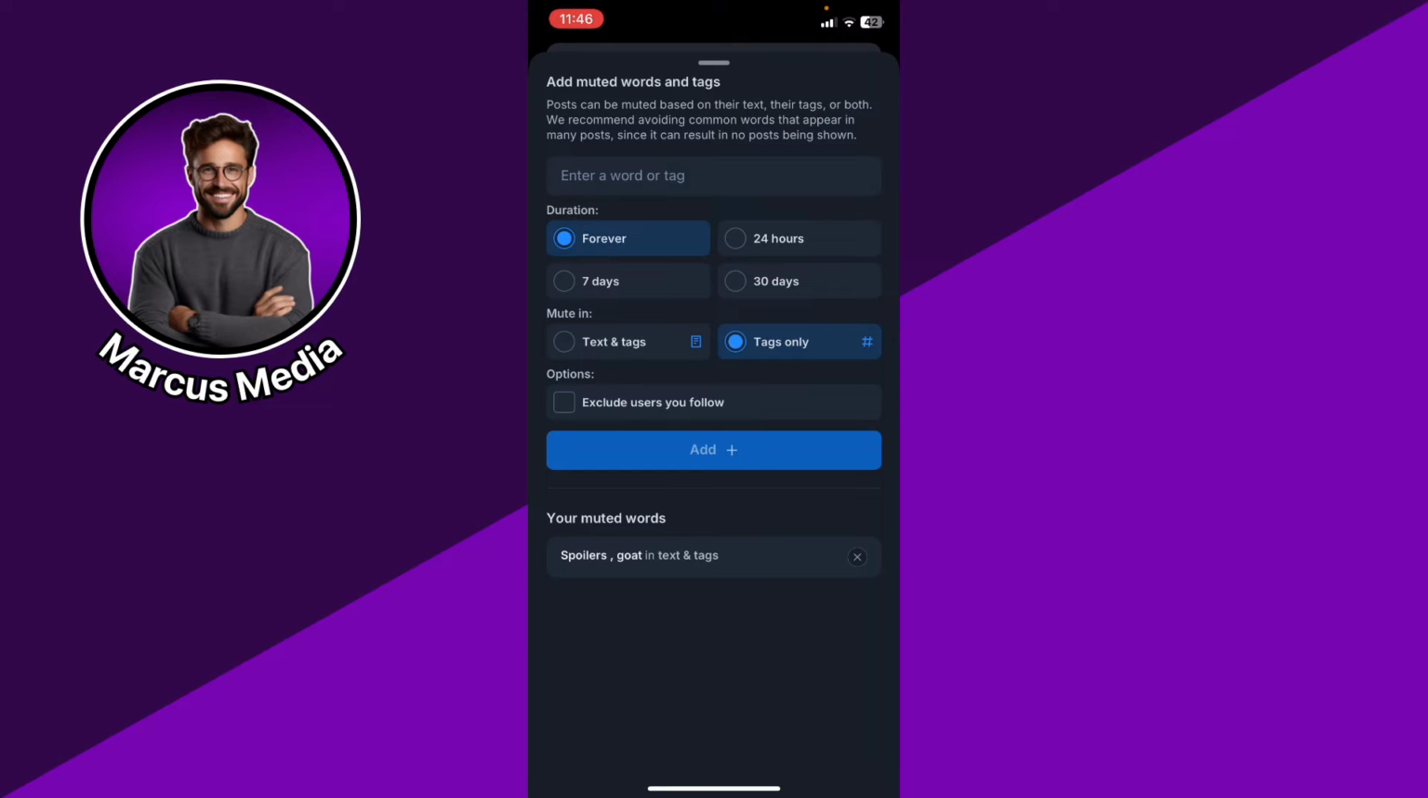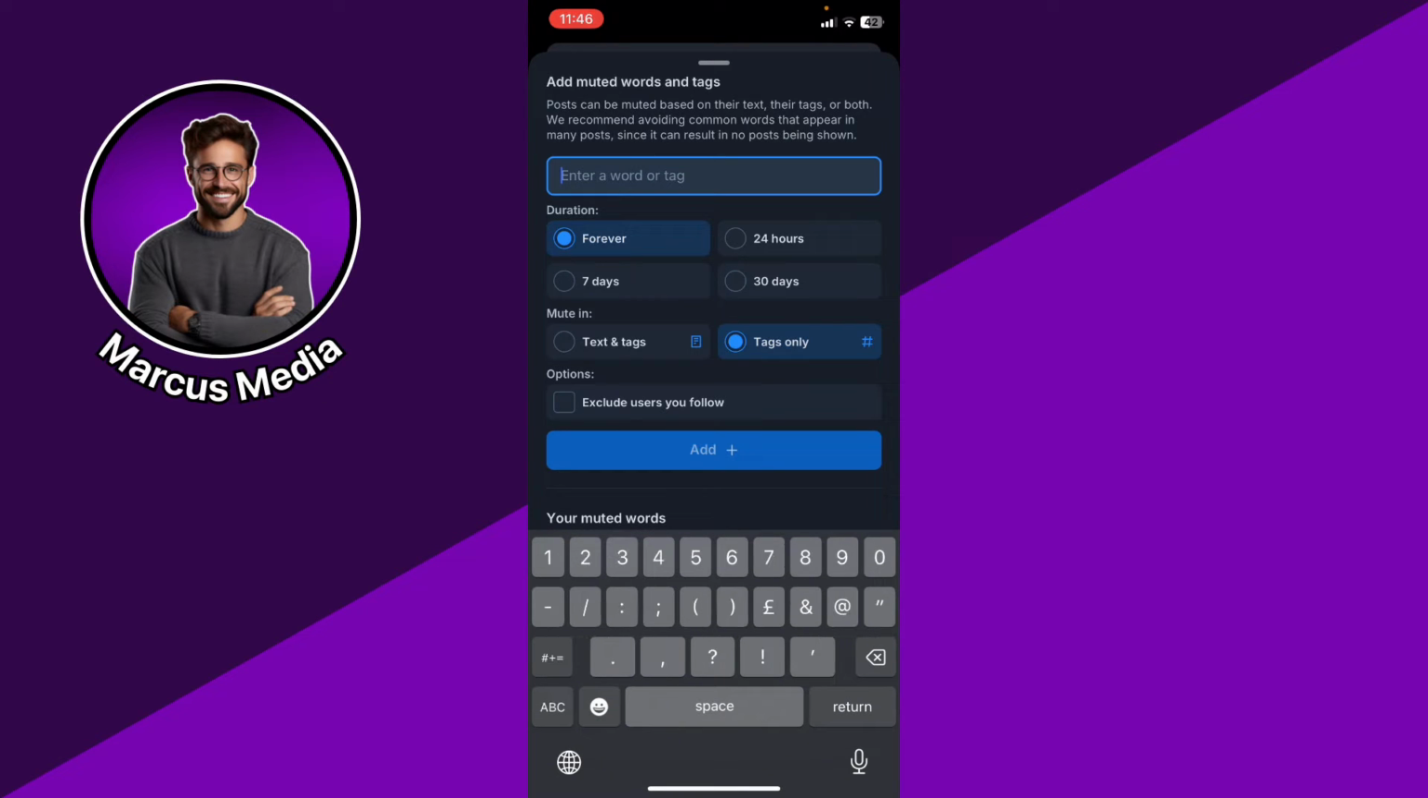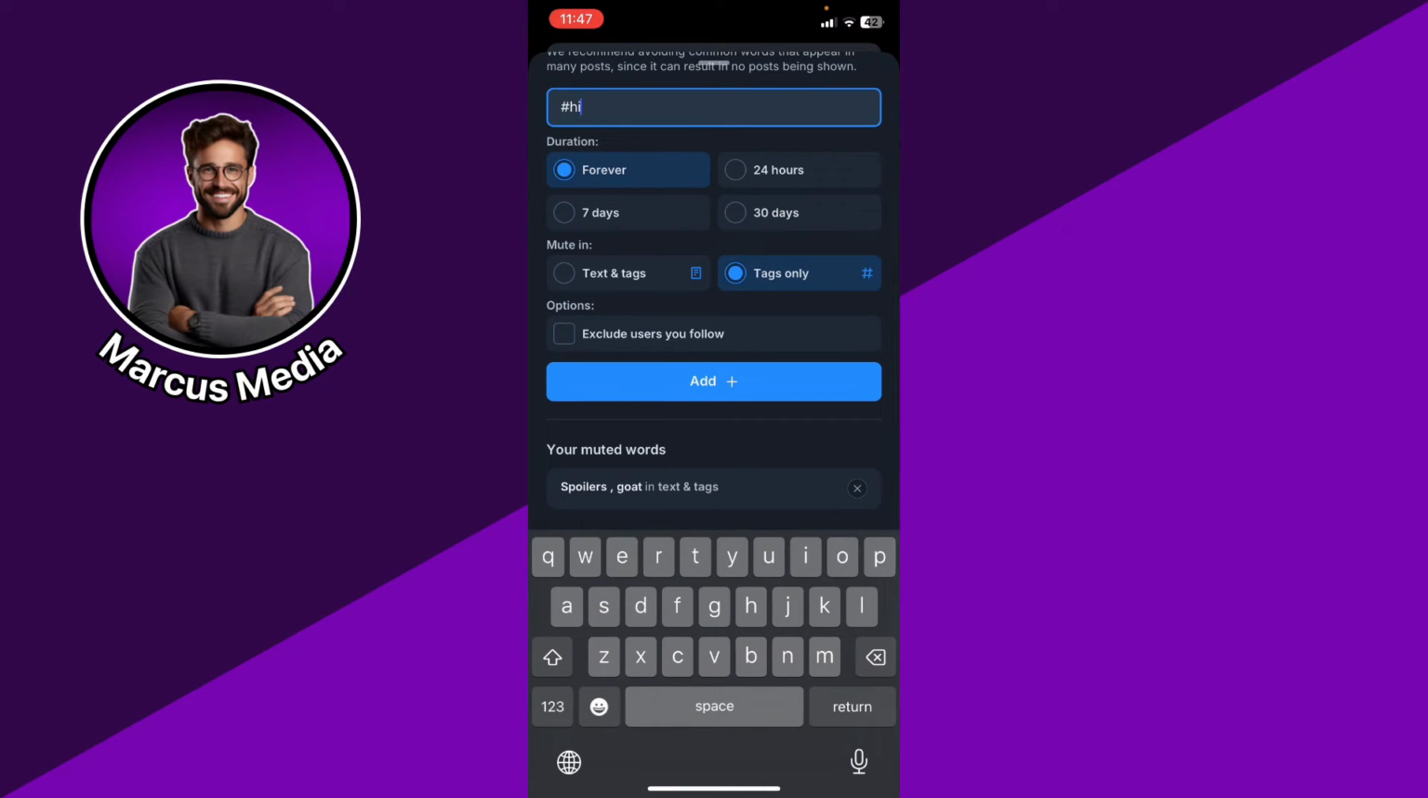Or in my case, I can just go ahead and add a hashtag, for example, right? A tag is a hashtag in Bluesky. So let's have an example. Hi. And you can set the time, the duration, and if you want to mute it for tags only or text and tags. And the options right here: exclude users you follow, and then go ahead right here and click